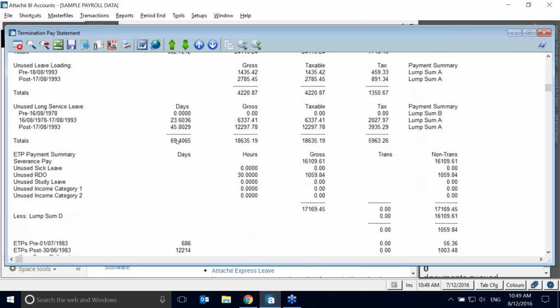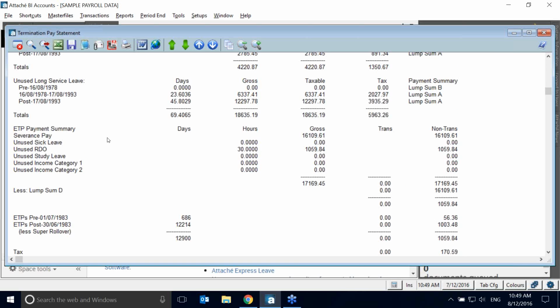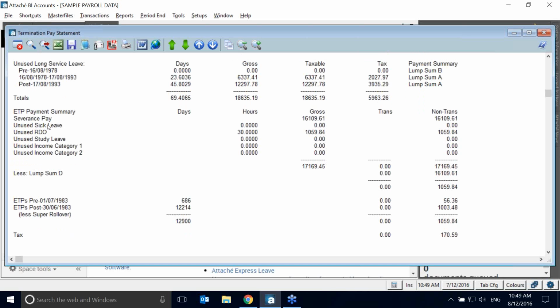So just coming down. Based on this employee, because it was a genuine redundancy, there is an ETP component and a lump sum D component, being the tax-free component. So it then lists out as well basically the different areas for your ETPs and the tax associated with those. So we would take this information,